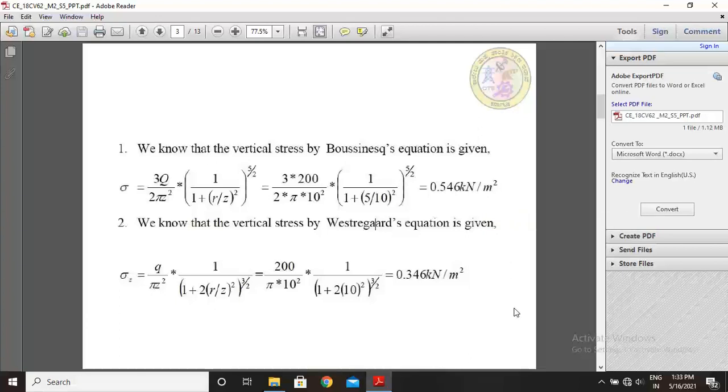Second step, we know that the vertical stress by Westergaard equation is given by sigma z equal to Q by pi z square into 1 by [1 plus 2 times (r by z) square] whole to the power of 3 by 2. So by using this equation you substitute the values: Q is 200 by pi into z is 10 square into 1 by [1 plus 2 times (r is 5 by 10) square] whole to the power of 3 by 2. Answer is 0.346. Okay. Next,